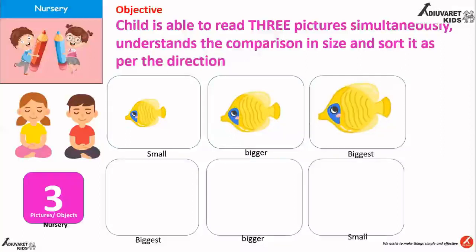So in another way, the sorting order can be changed once the child is getting familiar with a particular given order in which we are starting the play in the nursery class. Then instead of small, bigger, biggest, we can make it biggest first, then bigger, then small. Then the child will be putting the biggest fish in the box first, reversing the order. That can be done separately after some time, once the child is getting comfortable with the very basic order that we started the game with.